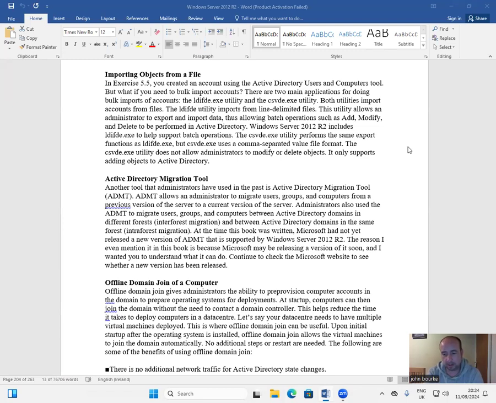Right. Hi everyone, welcome back to this video series on Windows Server 2019, importing objects from a file. In exercise 5.5, you created an account using the Active Directory Users and Computers tool. But what if you need to bulk import accounts? There are two main applications for doing bulk imports of accounts,